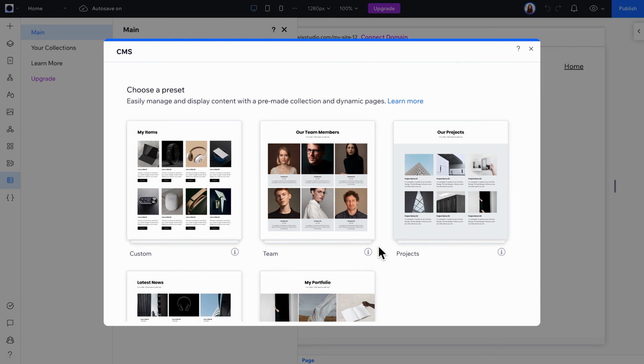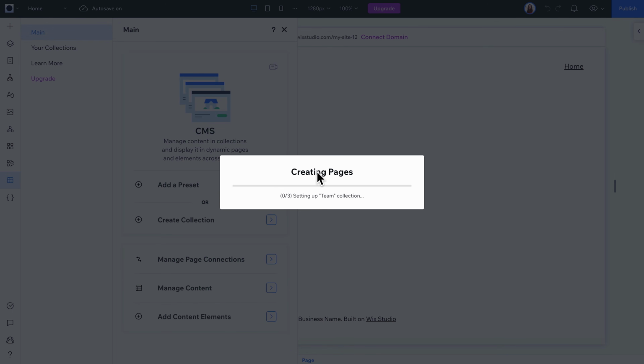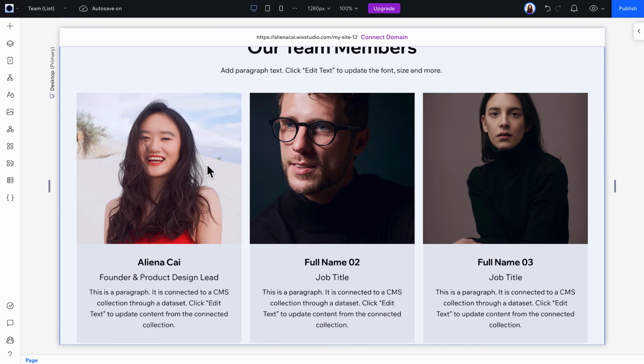And for now, let us select Team Preset and click Add to Site. This will create the Team CMS collection for you. Now you just need to go to the first item and replace it with your name, email, job title, description, and photo. Once you're done, close the CMS window and you should see your information appear in the first card